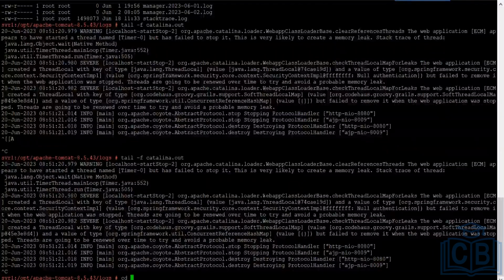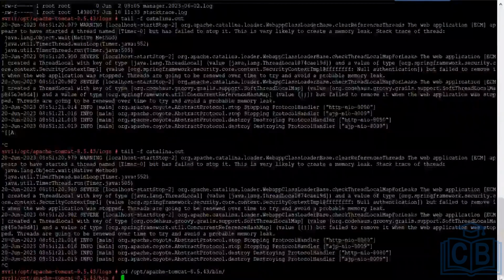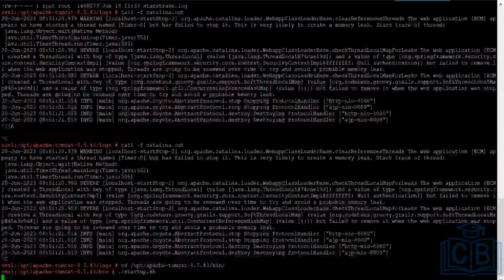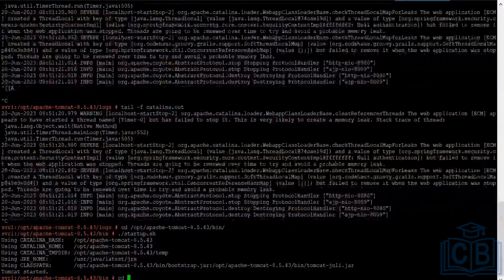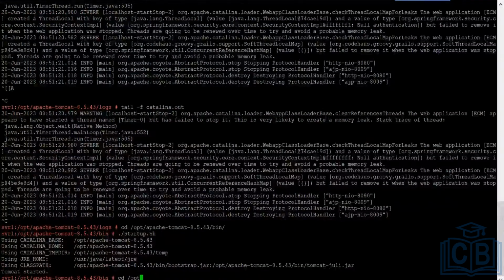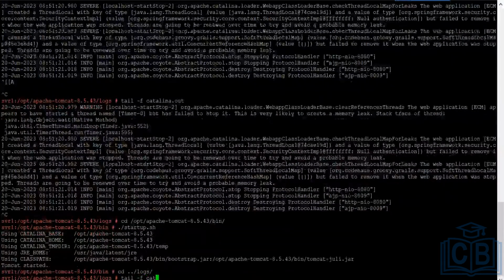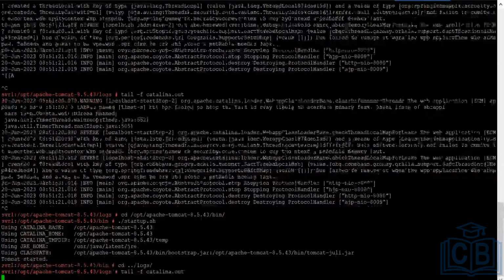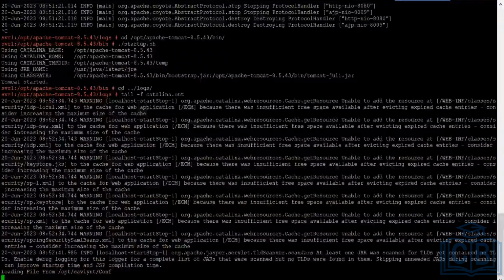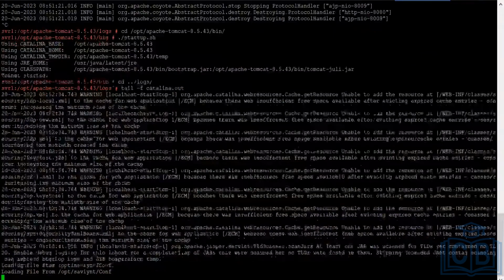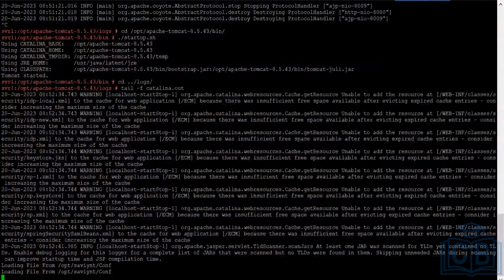I go back again, give the start button. Let's start the server again and see. Ideally, we are running